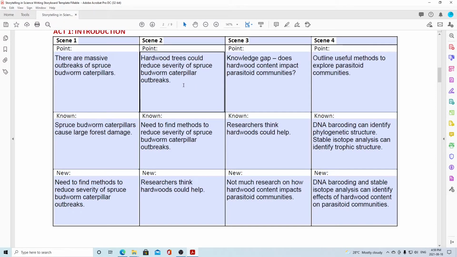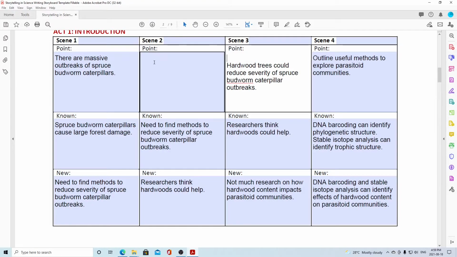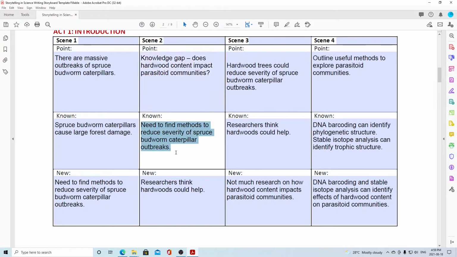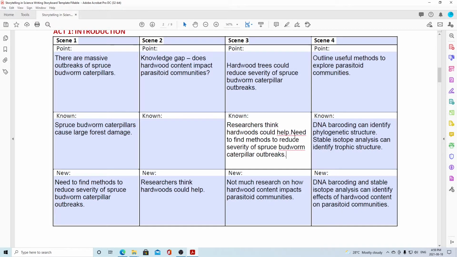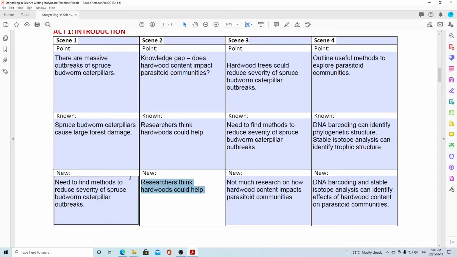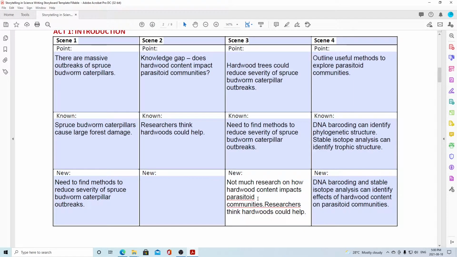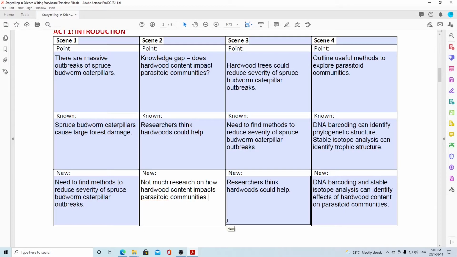Remember that as you fill out a storyboard or start writing, you can move around scenes or add new scenes. For the sake of an example, I will exchange scene 2 with scene 3. Now I know this new order does not make sense, but I know that because I can move the scenes around and because I have carefully thought about the flow of ideas using the known to new technique.